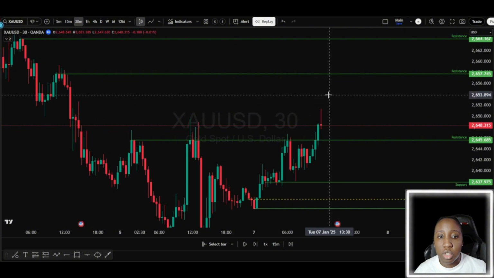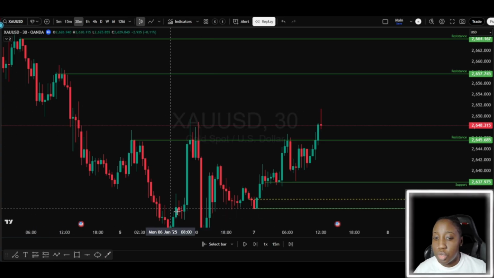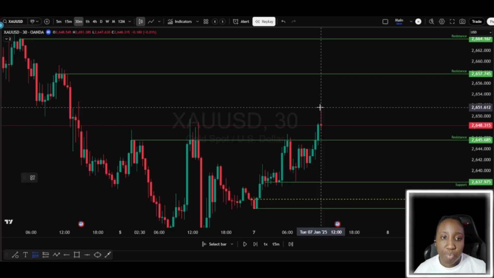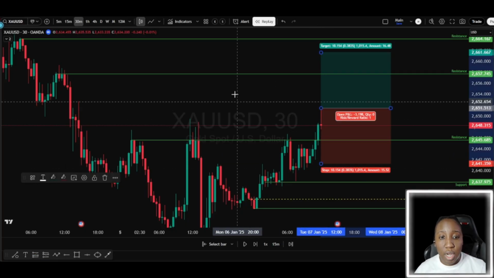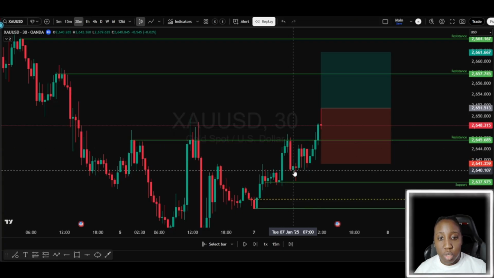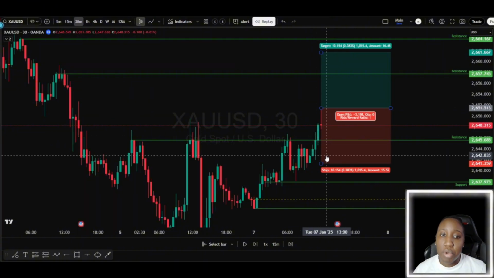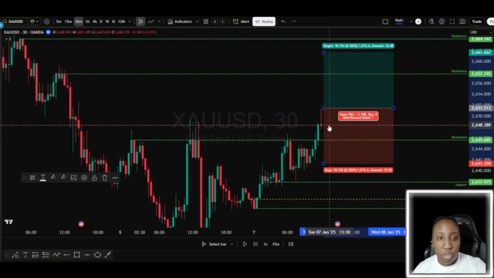All right, so what I'm going to do, either way we got a closure above, so this would have been a perfect entry here, but what I'll do now is I'll just take a buy at the break of this high. So checklist wise, what's the checklist? We've got a resistance, a support, a closure above, and an entry, break of the high. So if I move that to the left,